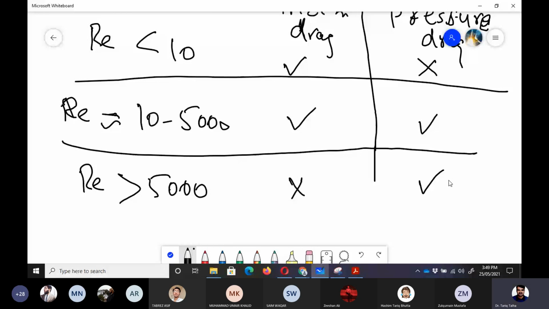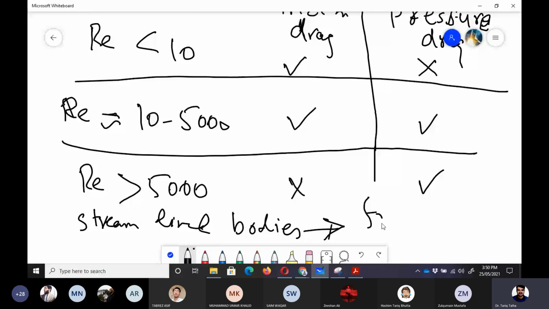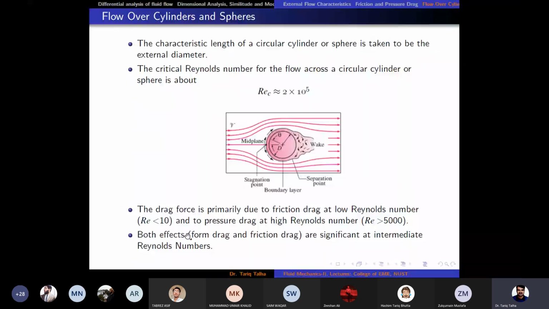In the streamlined bodies we would have more friction drag, and for the blunt bodies we would have pressure drag. Okay, so that is the thing which is written here, and now I am going to show you the